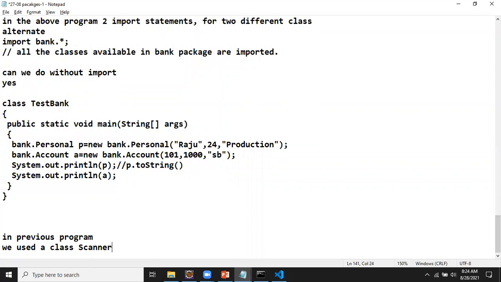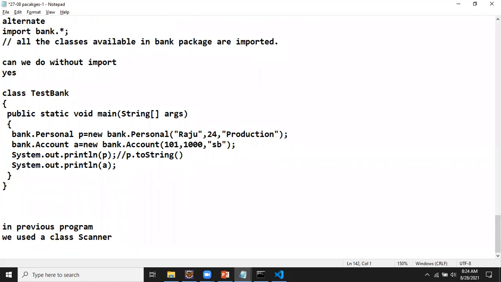You remember the Scanner class we used. For the Scanner class, first on top of the program we wrote import java dot util dot Scanner.